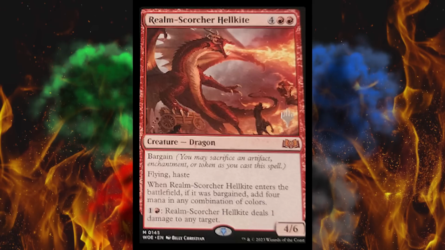It has bargain. You may sacrifice an artifact, enchantment, or token as you cast this spell. Okay. It said pay more, get more, overload, kicker, strive, they all work a little differently. Kinda neat. So flying and haste, and when it enters the battlefield, if it was bargained, add 4 mana in any combination of colors. Ooh. I didn't think that's where they were going with that,